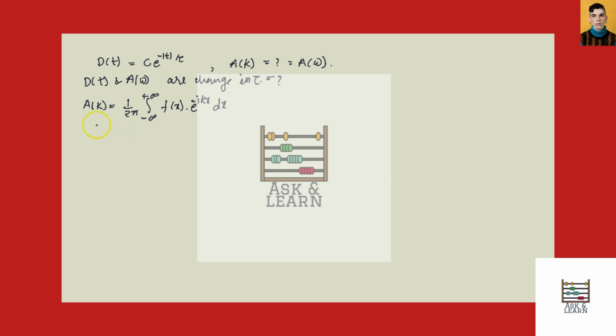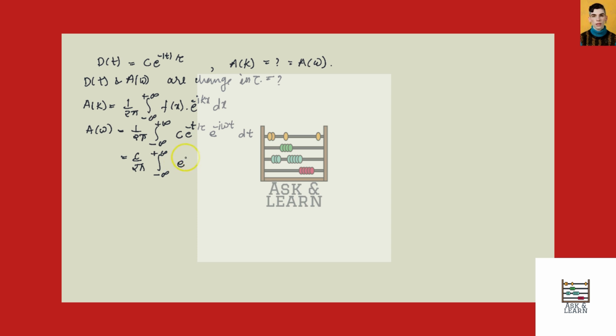Here the function is A(omega) equals 1 by 2 pi integral from minus infinity to plus infinity C e to the power minus t by tau e to the power minus i omega t dt. This equals C by 2 pi, taking C outside of the integration from minus infinity to plus infinity,